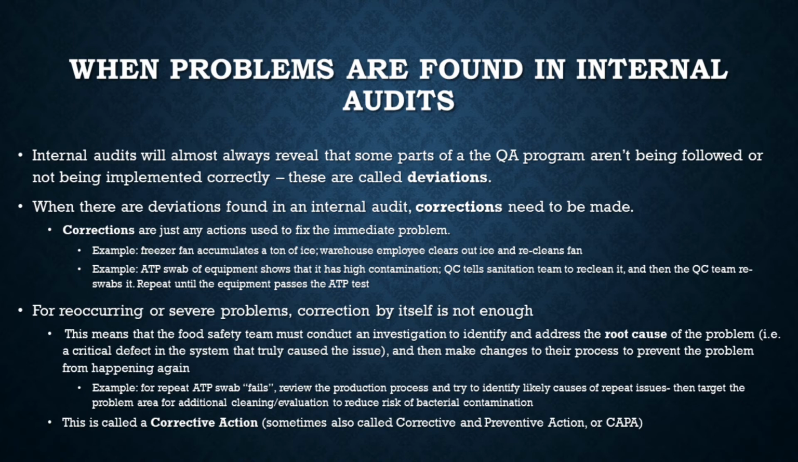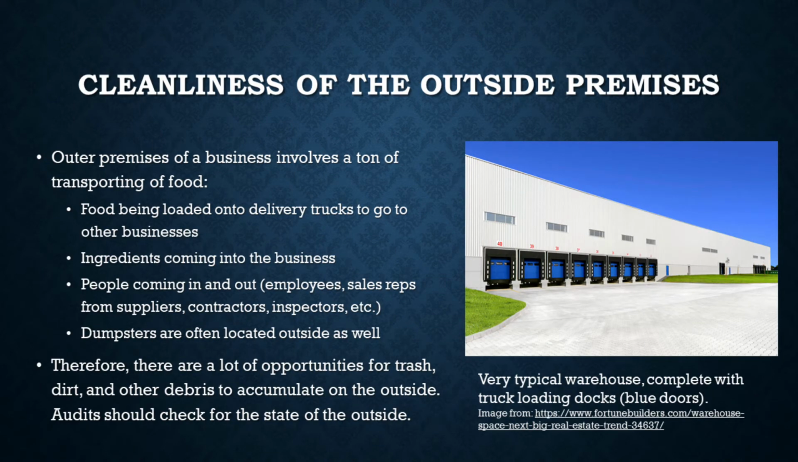So, yeah. All right, so let's talk about the actual things we want to look for in a typical internal audit. And this is how I usually like to start. I like to start by checking the outside premises. That's just the outside of the building. The outer premises of the building need to be kept clean and well maintained because there's a lot of stuff happening on the outside. First, food delivery trucks are coming in with deliveries of their ingredients, or maybe they're picking stuff up